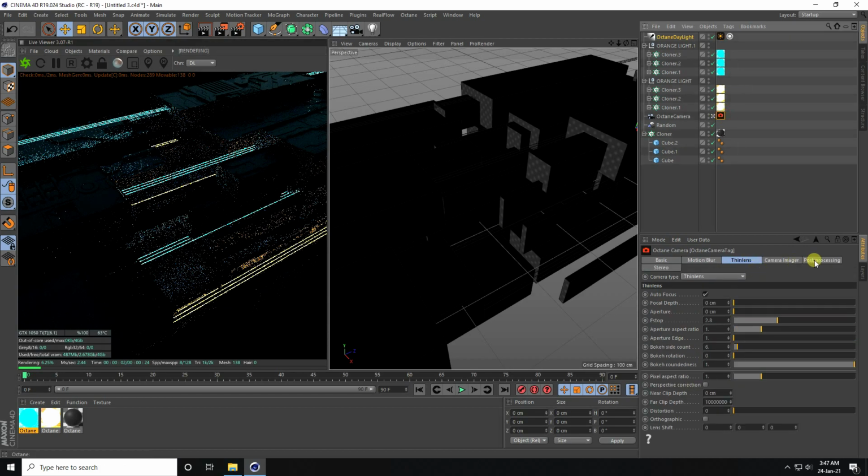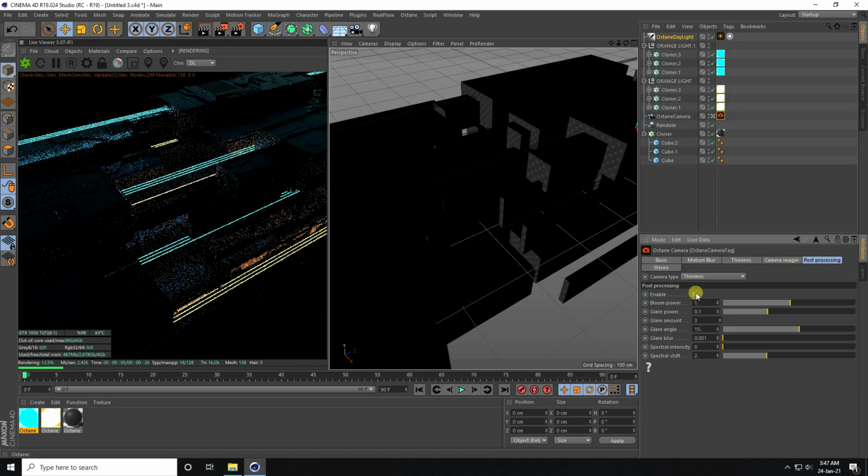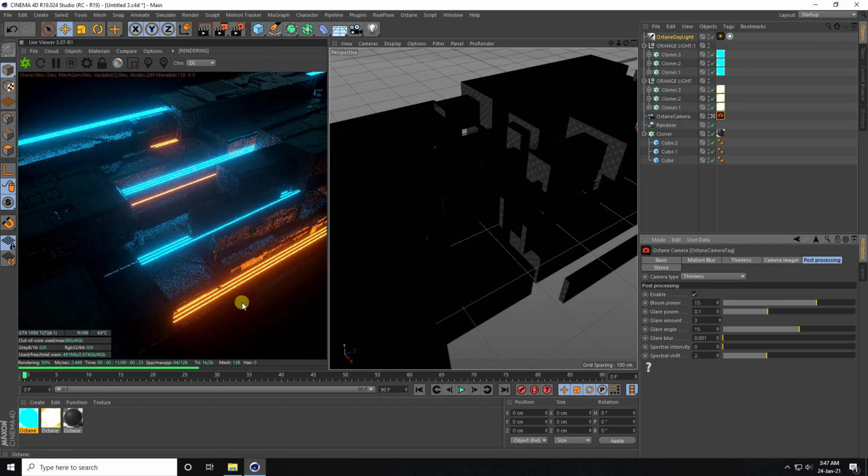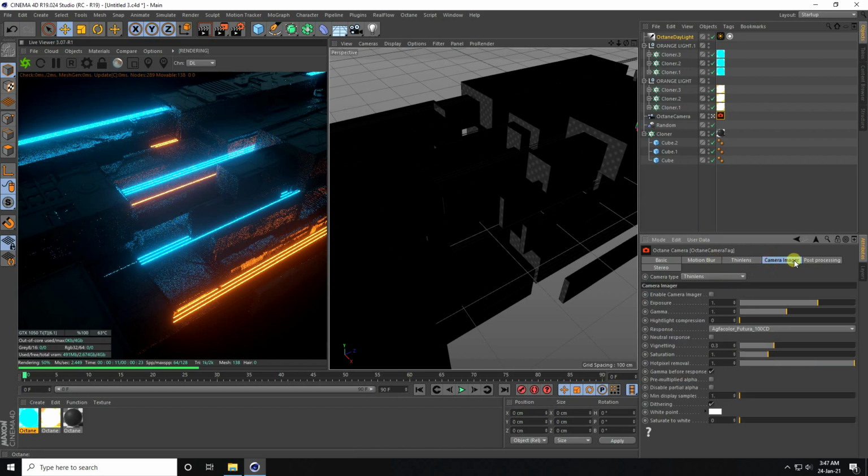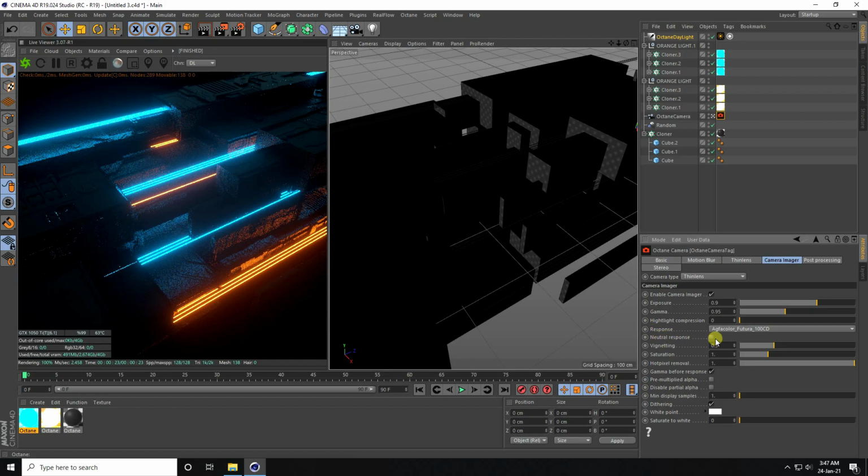Select this camera, check post processing, and bloom power I take like 15. See, that's awesome. Go to camera imager, exposure 0.9, gamma 0.95, and check natural response.